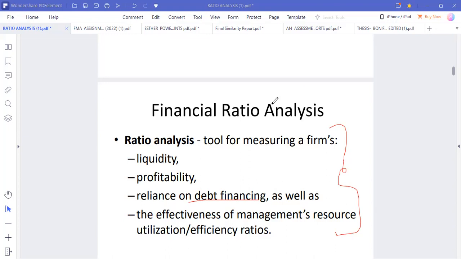Do you remember the internal users of financial accounting? The directors. The directors, yes. So the directors will need to understand this because they're the ones who report this to the what? To the shareholders. So explain the earning per share, how the company is performing, the leverage, how are we financed